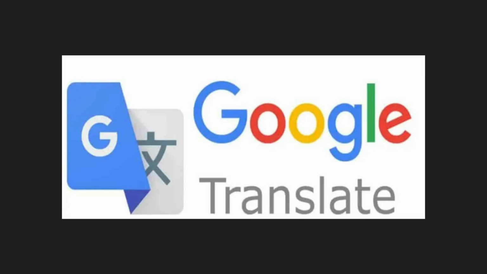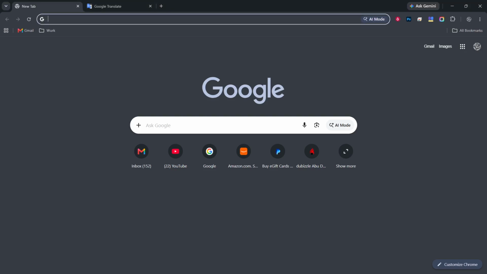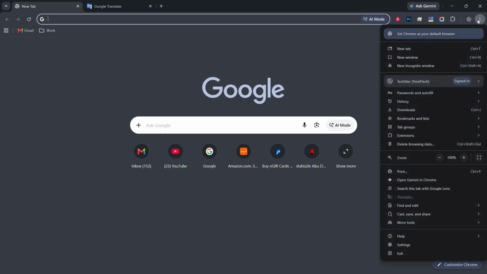First, open Chrome settings. To get there, look at the top right of your Chrome window and click the three-dot menu. When the menu opens, choose the option labeled Settings, which usually appears near the bottom of the list. Once you click it, a new tab opens with the Chrome settings page, and you should see a search bar at the top and a menu list on the left side.